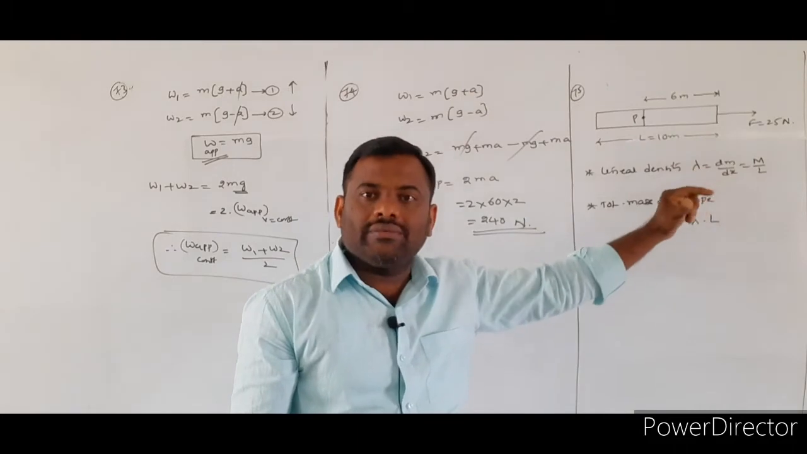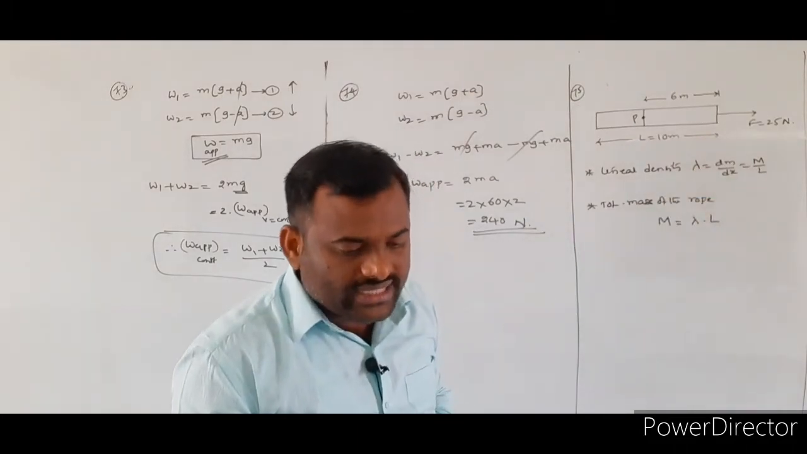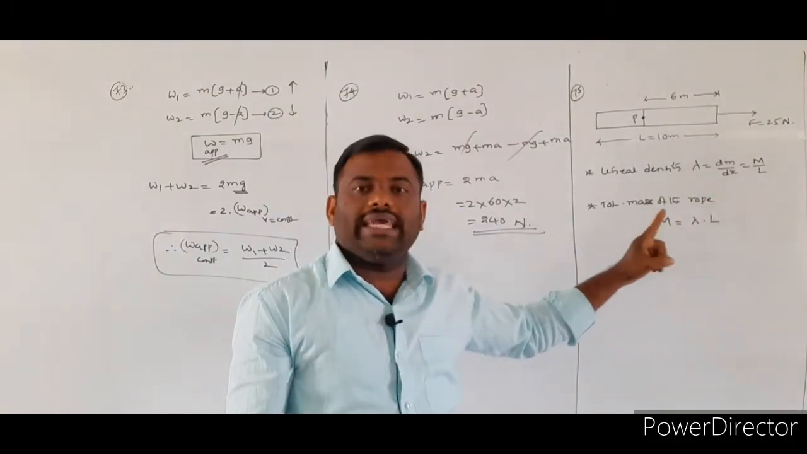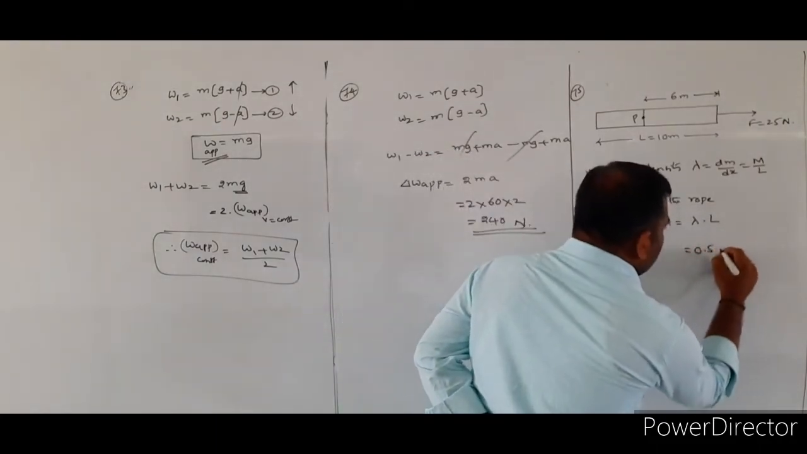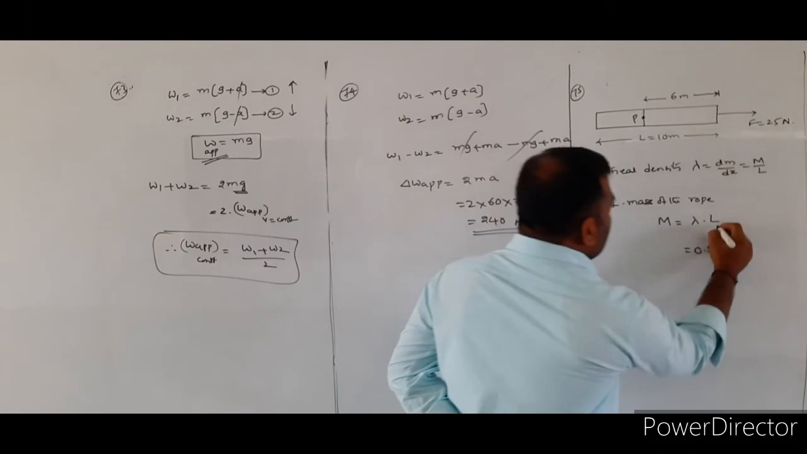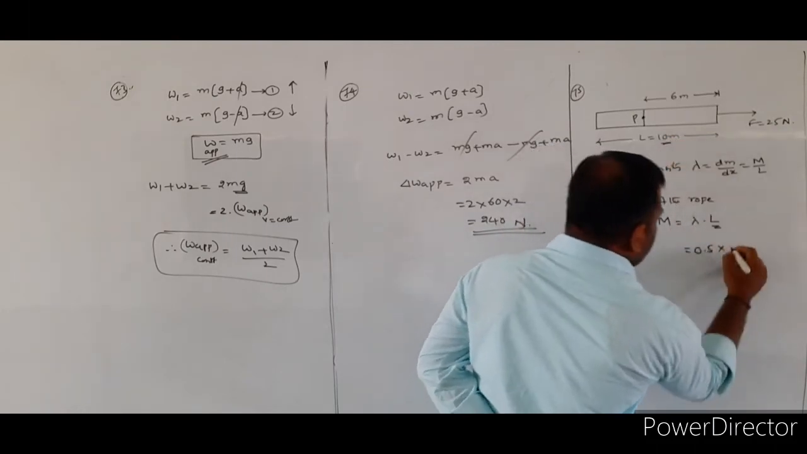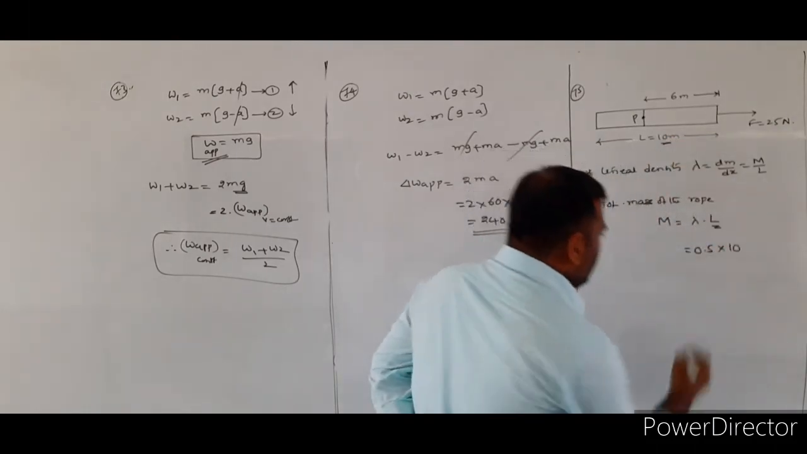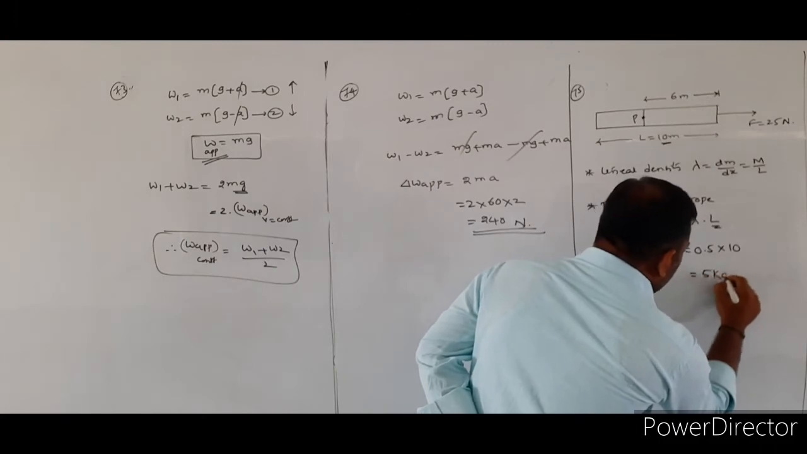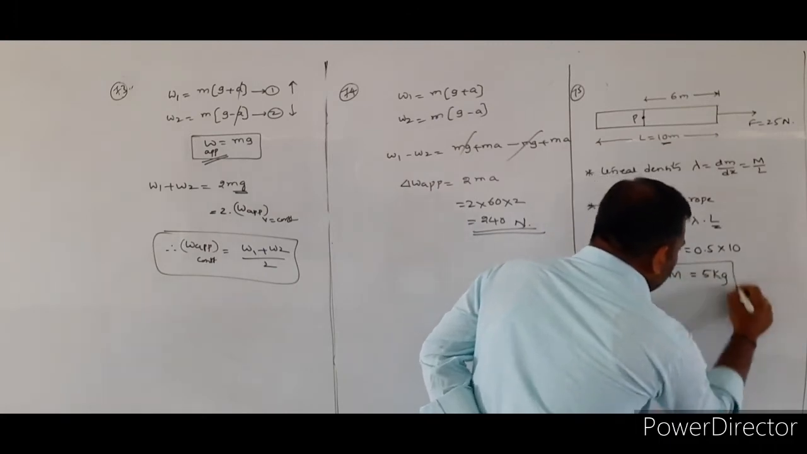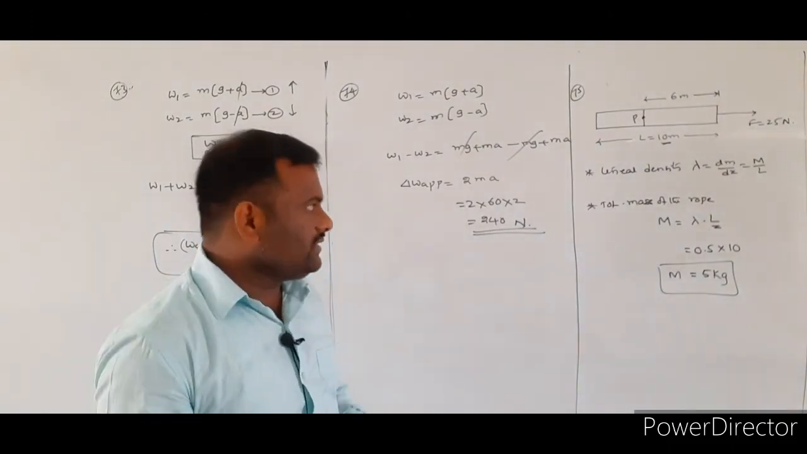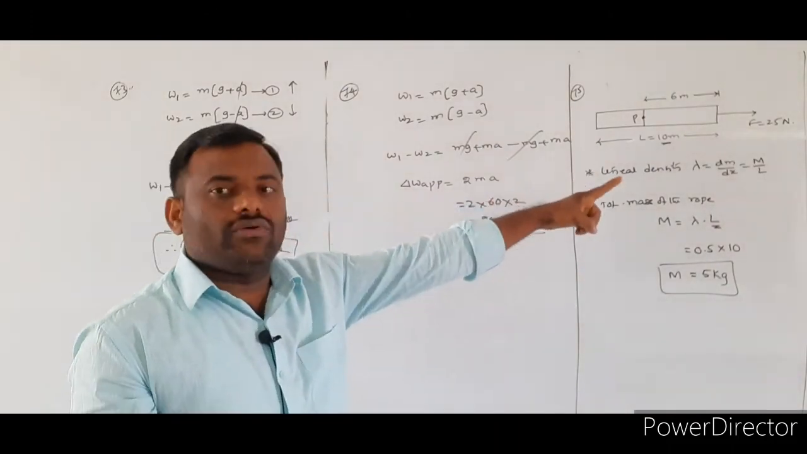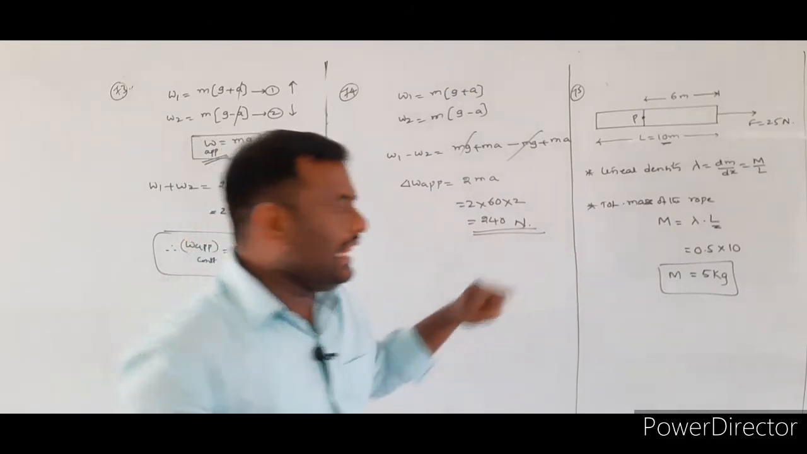Total mass is equal to lambda into L. What is lambda? Linear mass density. What is the linear mass density value? 0.5 kg per meter. So lambda is equal to 0.5 kg per meter, and the total length is 10 meter. Therefore total mass is equal to 5 kg. I calculate the total mass value,